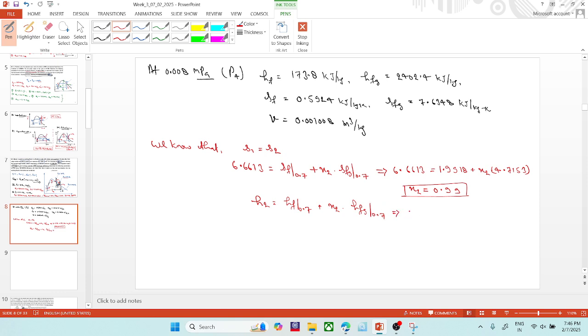So this value 697 plus 0.99 into 2065.9. Okay, so H2 value is coming like 2742.7